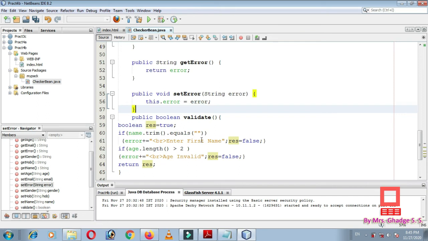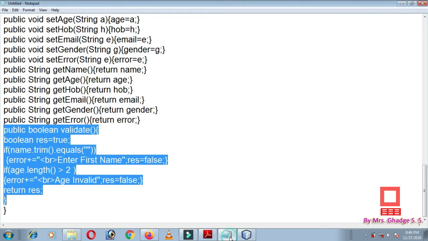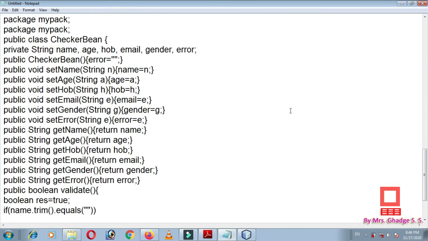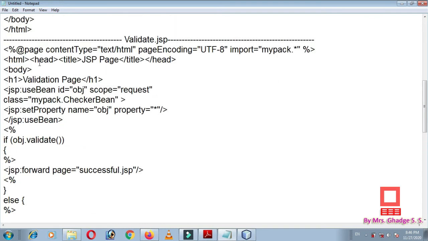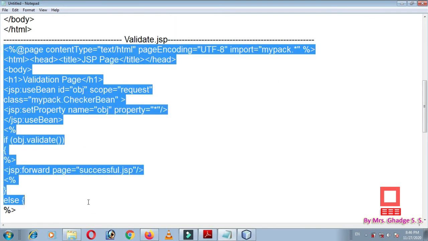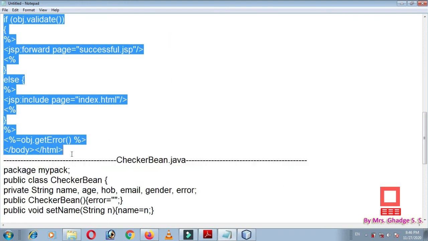Next we have to create one more file, that is a JSP file. I have already explained the code of the validate.jsp file, so I just copy it from here.